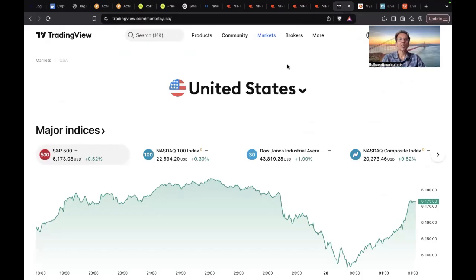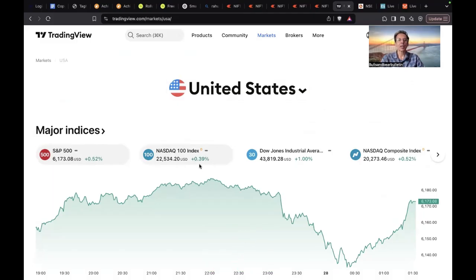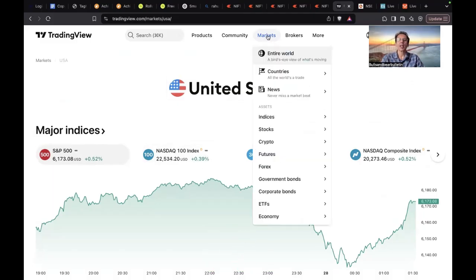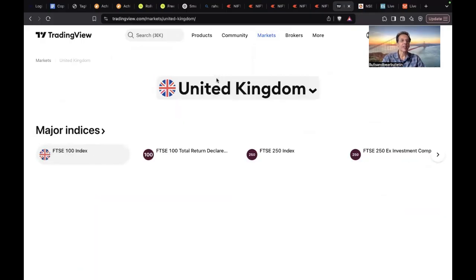The next topic is the global market scenario, where we can look at about 3 or 4 international markets to get to know how things are there. On the US, the S&P 500, if you look at, is up by 0.5%, and the Nasdaq, the tech index, is up by 0.39%. And if you go towards the UK market, the FTSE 100 index